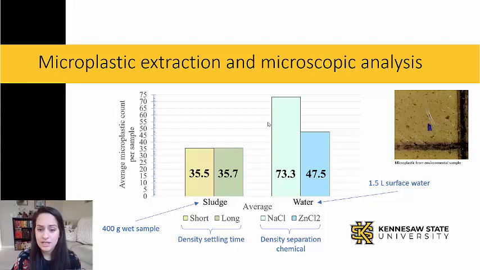So these numbers that you see here are average count. This is a picture of how we had to count those microplastics. You have to count each one by one under a microscope. So thank goodness for my wonderful undergraduate researchers that were able to count all of these plastics for me on our filters. This picture doesn't show a scale, but it's about 100 microns, and you can see from the bright color